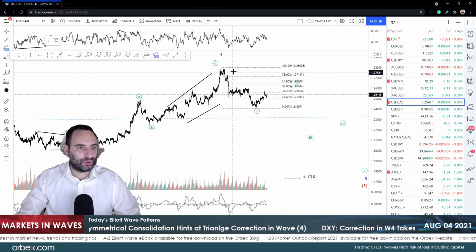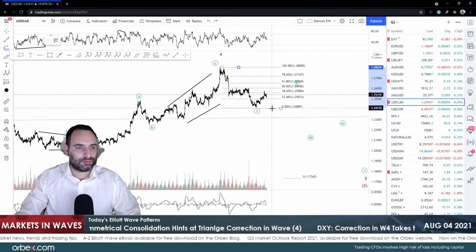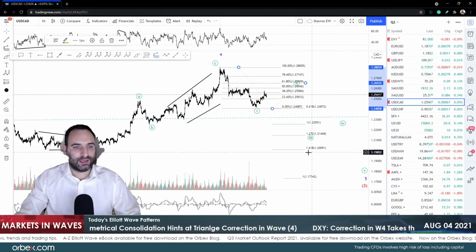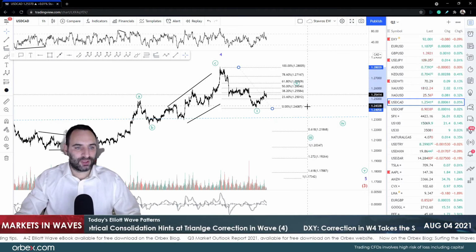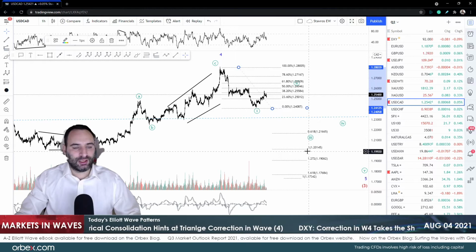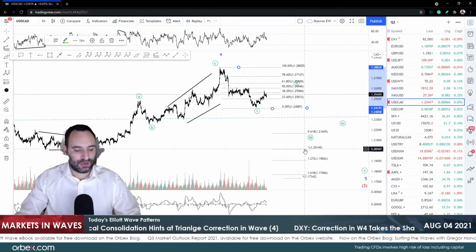So what we could do as well, if we take into consideration the assumption, is go to the 61.8 and look for wave 3 at around 120 or so, okay? Or because we don't have wave 4 yet, we can assume 120, 145 at least for now.